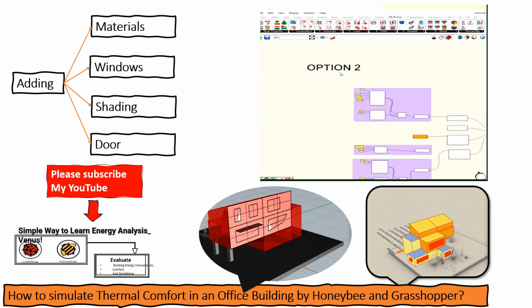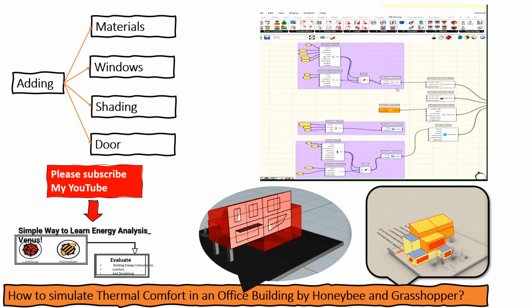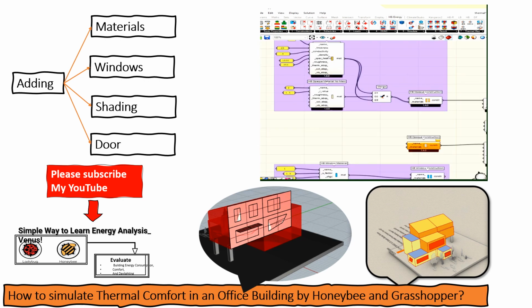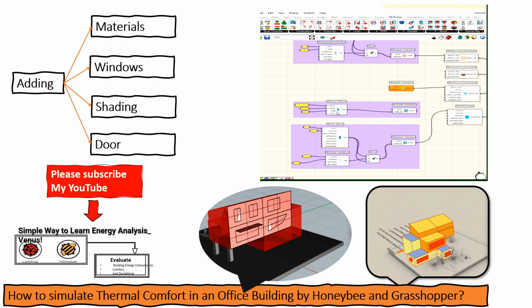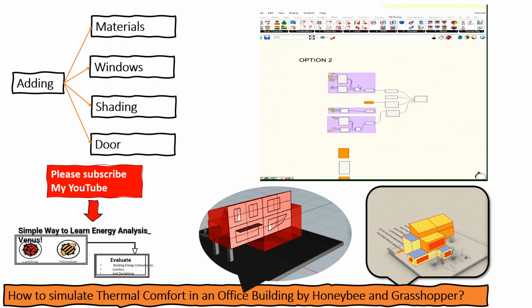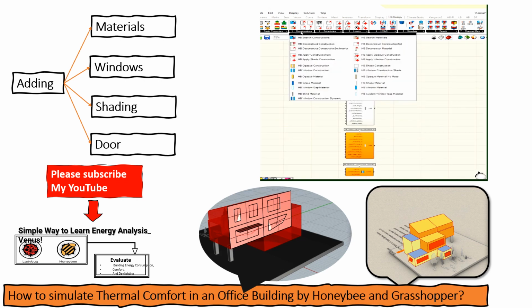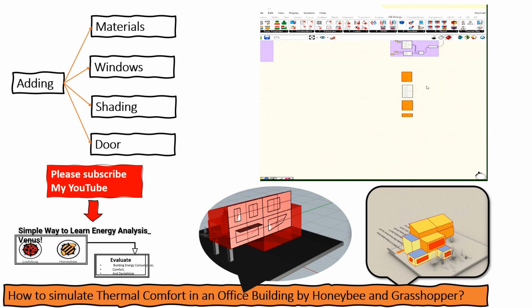For option 2, the same as option 1, you need this component, but for adding the material, you need to add specific numbers for the material according to the catalog or according to the information that you have. You can use this part of the construction tab to define the